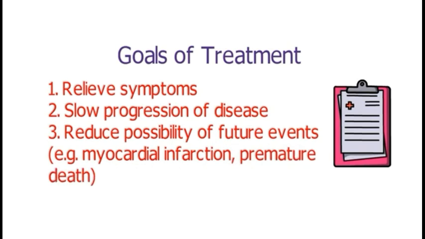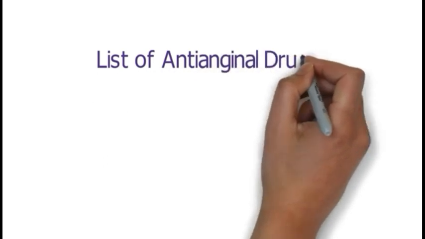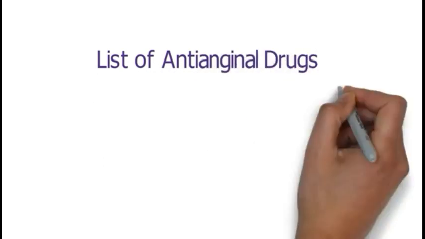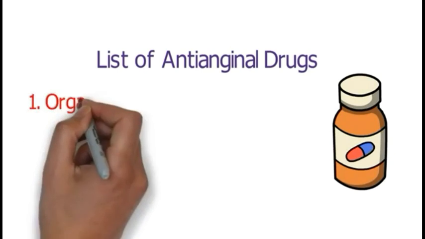Next we see the uses of isosorbide mononitrate, and the uses include prophylaxis of stable angina and treatment of chronic heart failure. So isosorbide mononitrate is used in the prophylaxis of stable angina and also in the treatment of chronic heart